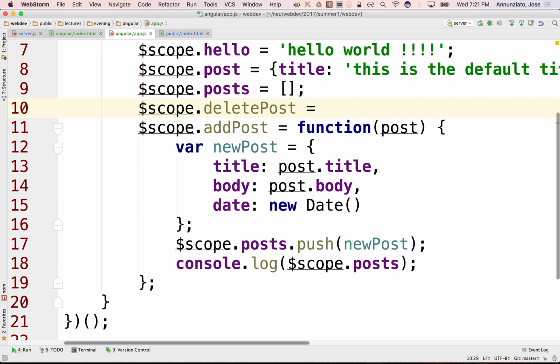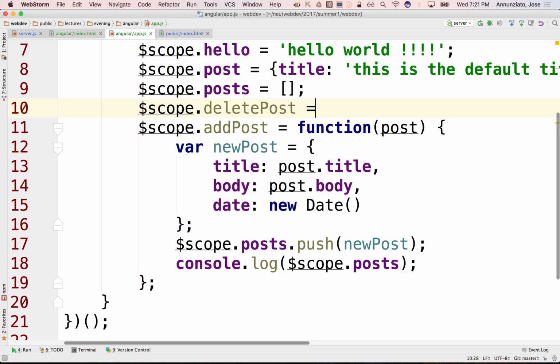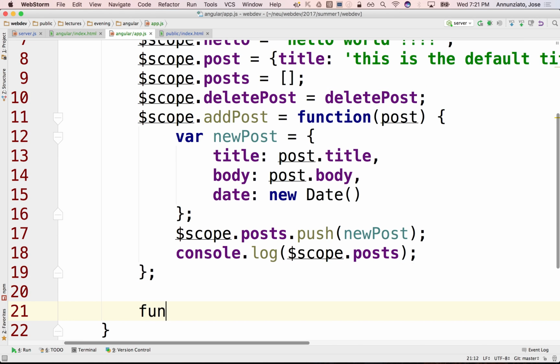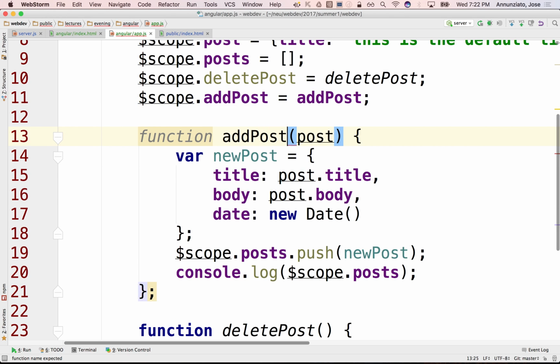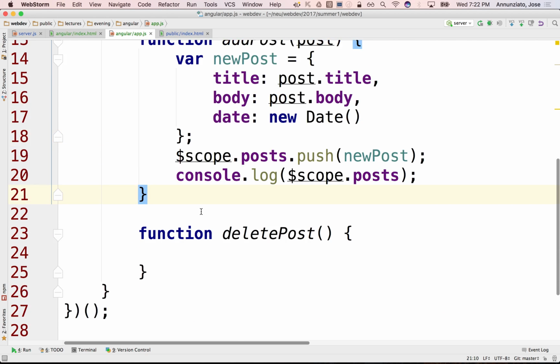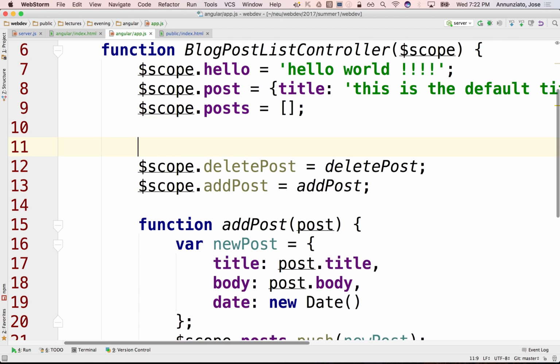declare all your event handlers way at the top, and bind them to functions that are implemented way at the bottom. Delete post. Okay. Same thing with add post. This would be equal to add post, and the function would be declared towards the bottom. This way, the developer is not forced to read your entire code. If they just want to look at real quick what the event handlers are,